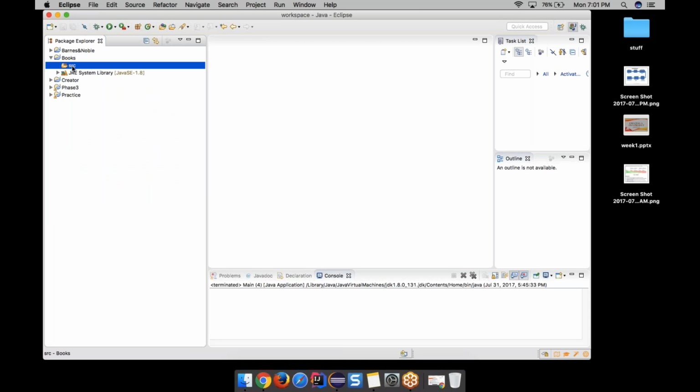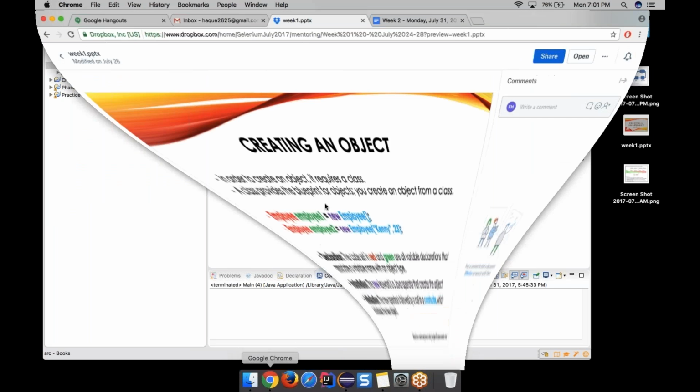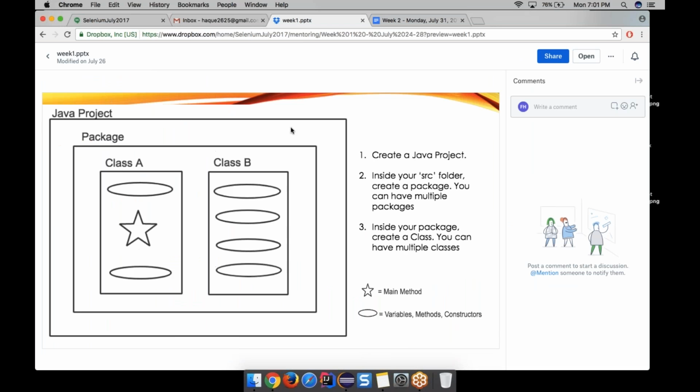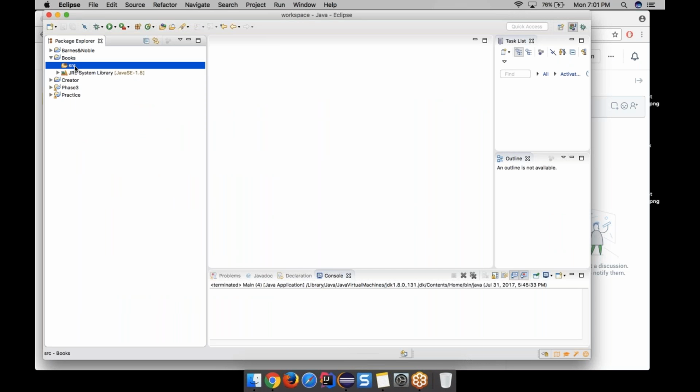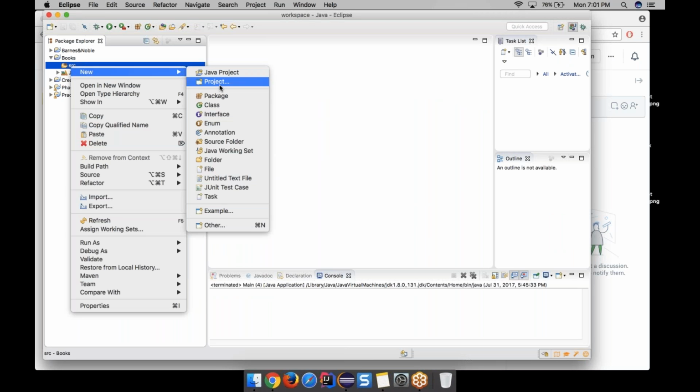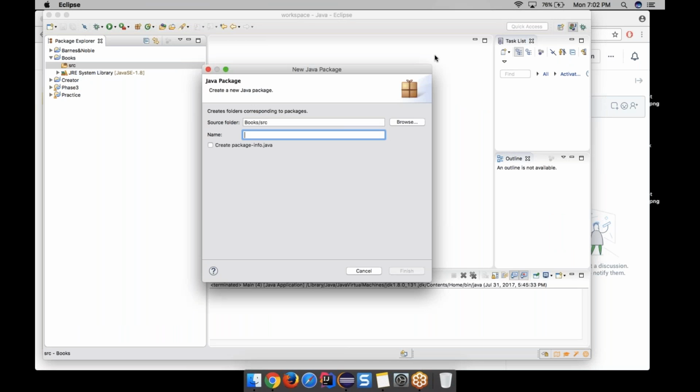So you would want to select source, right? Under source, once again, if you go back to the presentation, you have a Java project, then you have a package, and then it's followed by a class. So we have our source folder. Now we want to create a package, so we're gonna say new package, and let's call this package